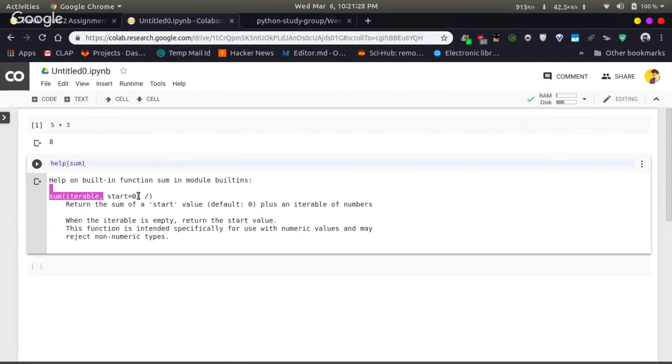So it only accepts a start value like this. You cannot perform sum like this; this and this won't work. Sum is actually a keyword that is used for summation. So this is the difference between the two.